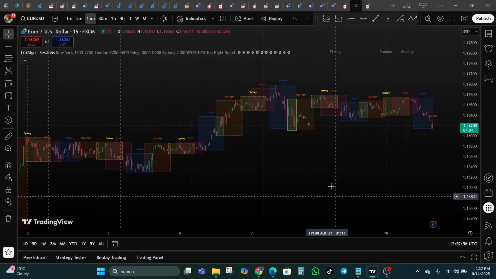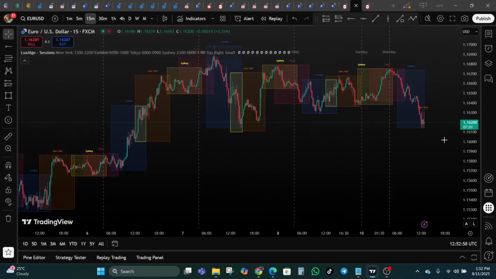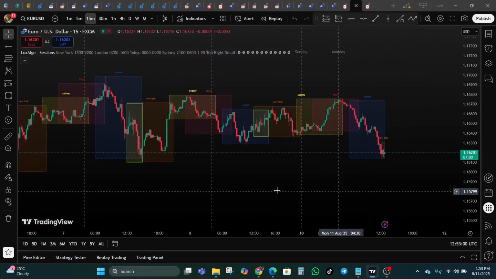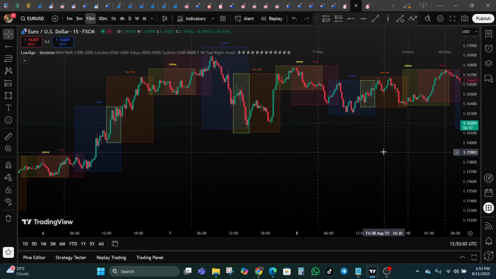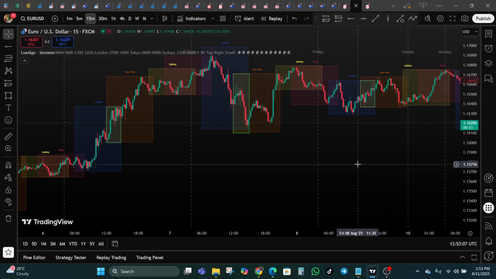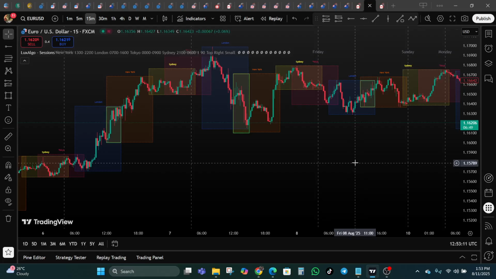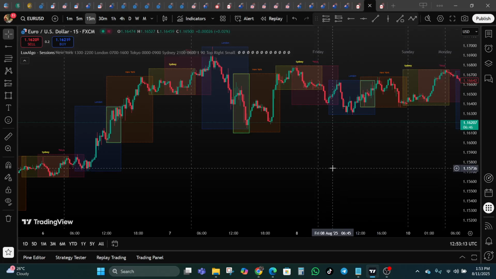So do not assume that if a breakout from an Asian session occurs, price is likely going to continue moving in that direction. Maybe during the London Open, when you have a breakout from the Asian session, it's true that you can get good profits from such a strategy, but